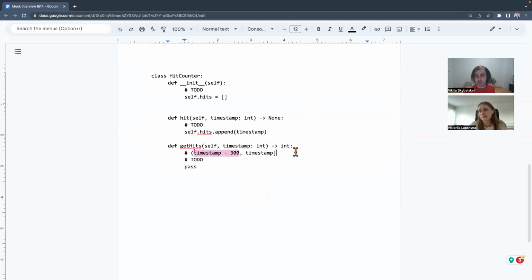What would be the complexity of that solution? Log n, because we split the array in half every time we're searching for something. Right. So what's n here? n is the number of recorded hits. Right, so that's the length of this array hits. And what about the memory complexity?